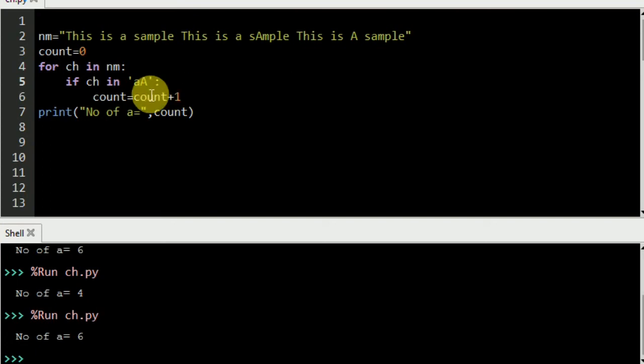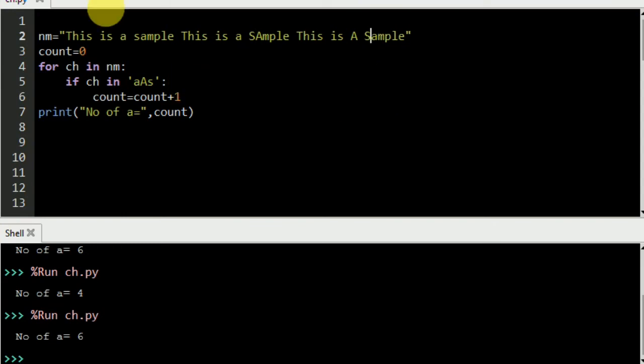Now if you need to count a plus s, if you write down a and then s, it means small a, capital A and small s, and I have changed one of the s to capital. This one also, the sample s is going to be capital.